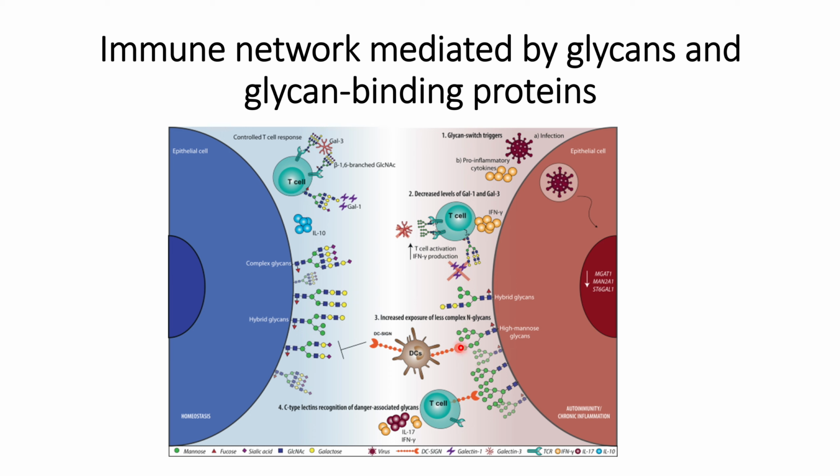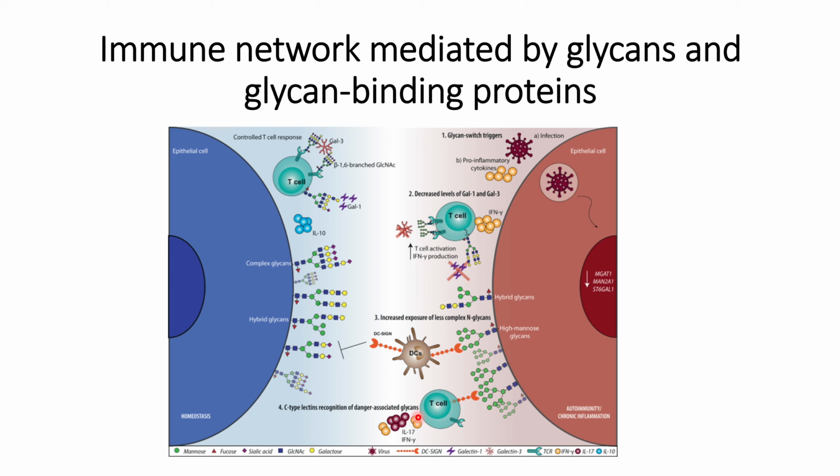However, when the high mannose structure or less complex structure is not the inherent part of the system, that's why it will trigger the immune response, and it will activate the T cells against this high mannose or less complex glycan antigen, and the T cell will generate immune response against those high mannose structures. And the last type is the C-type lectin recognition